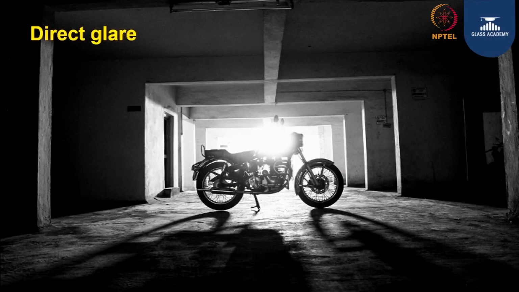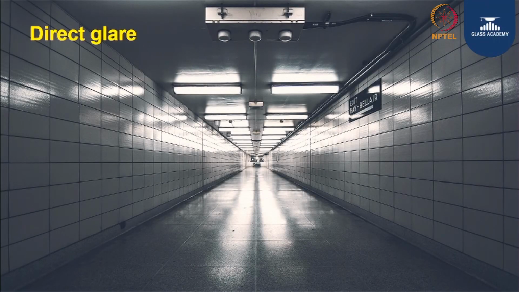Again, another example of glare: there is a bike and there is a sun behind, and you can't see the details of the bike in this image. Though it's a great image, an interesting photo composition. Again, reflection of light sources on glossy surfaces causes problems similar to direct glare.